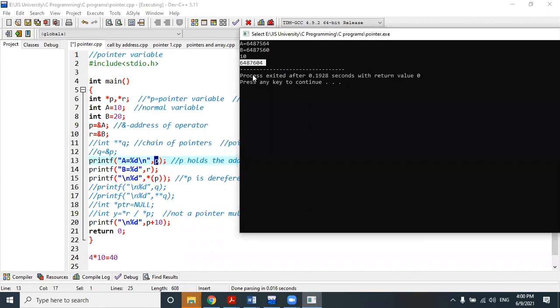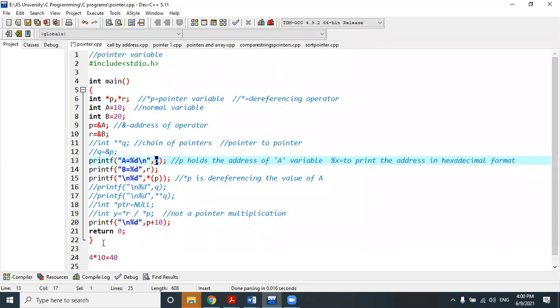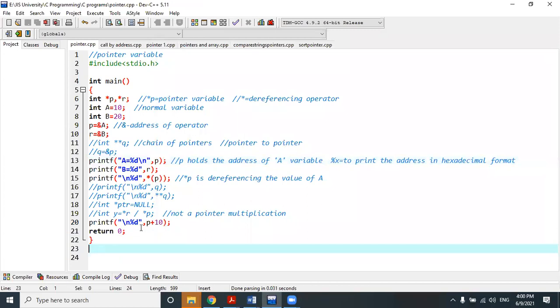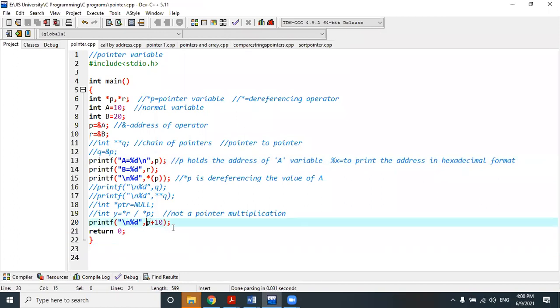Is it clear to everyone? These things need to be understood very carefully. This is a very logical thing and complex as well. It is your first time doing these things, right? So instead of p plus 10, if we did star p plus 10, what value would you get? 20.